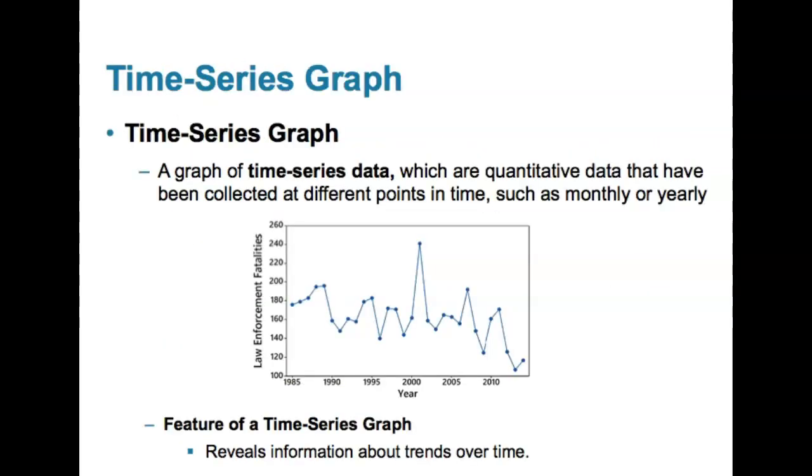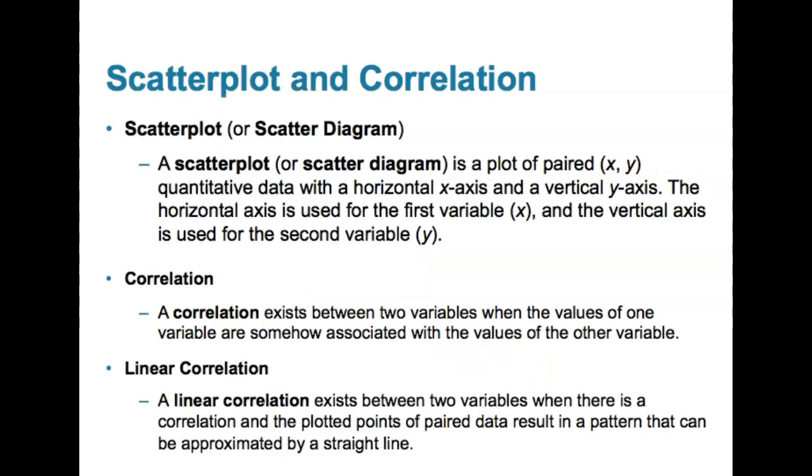The time series graph represents quantitative data that has been collected at different points in time, so we can tell the change in data over time, such as monthly or yearly. A scatter plot is a plot of paired quantitative data with a horizontal x-axis for the first variable and vertical y-axis for the second variable. From a scatter plot, we can determine whether a correlation, and what kind of correlation, if any, exists